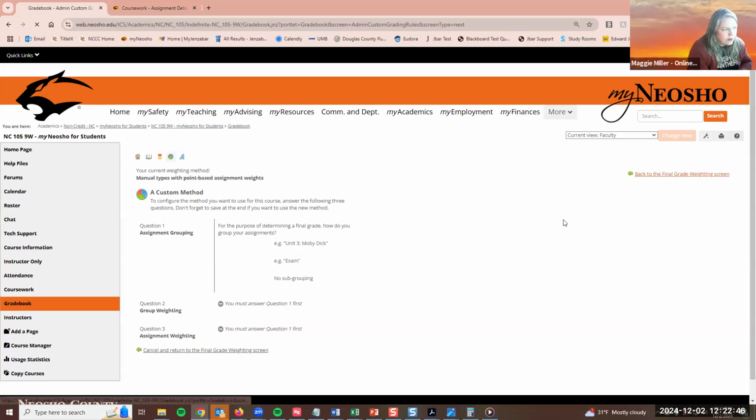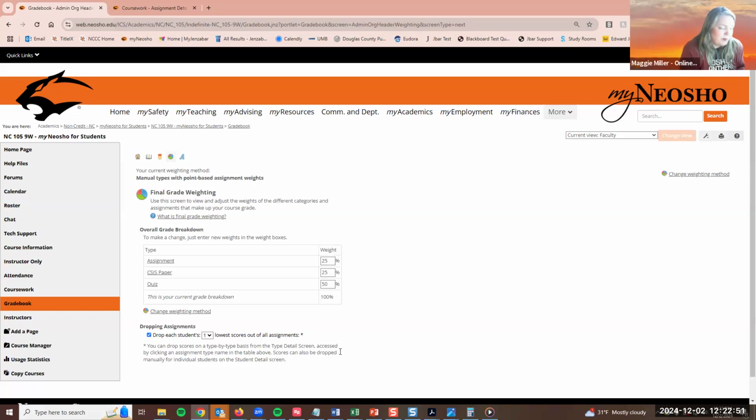Okay, so this one is going to be on a more advanced breakout session that I'll have in a snack bites section, because I don't want to miss out on doing the grade ranges. But you should be able to build out your own custom weighting. And again, I just want to remind everyone, the more custom you get, the more confusing it is to your students. So I would stay away from that unless you're prepared to explain to your students exactly how they're getting